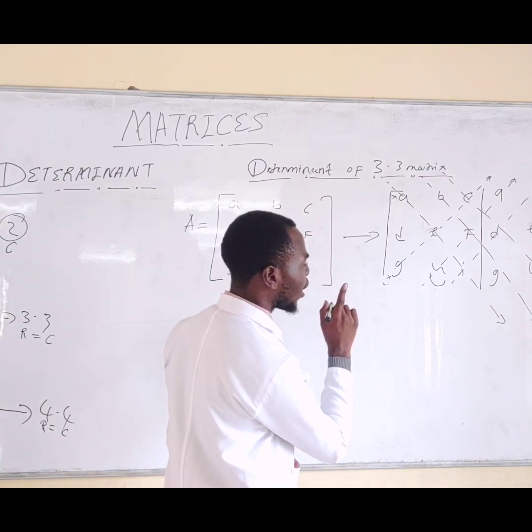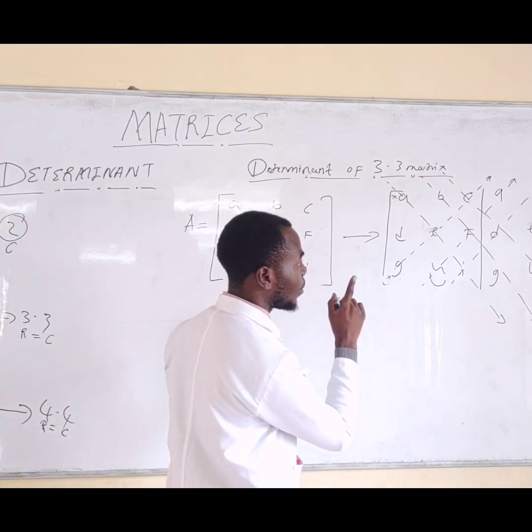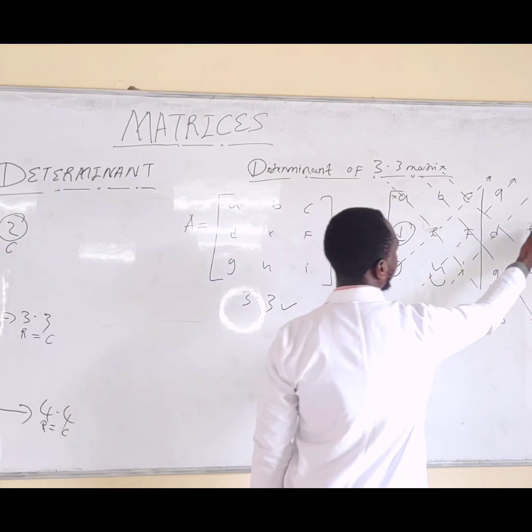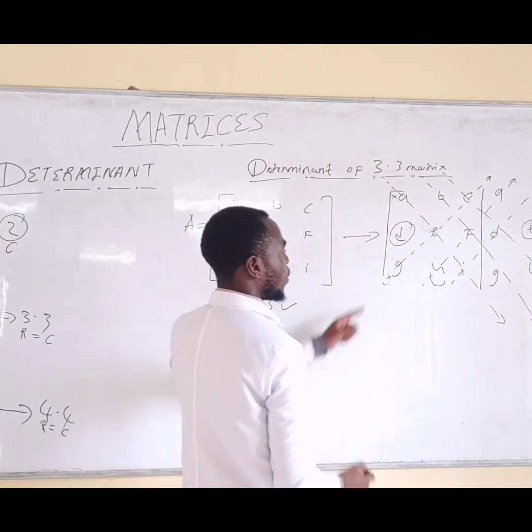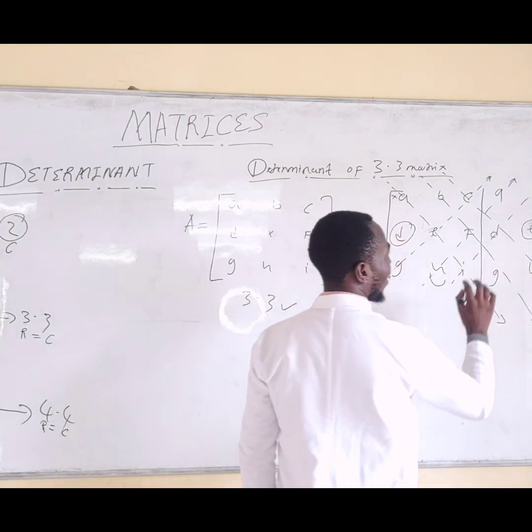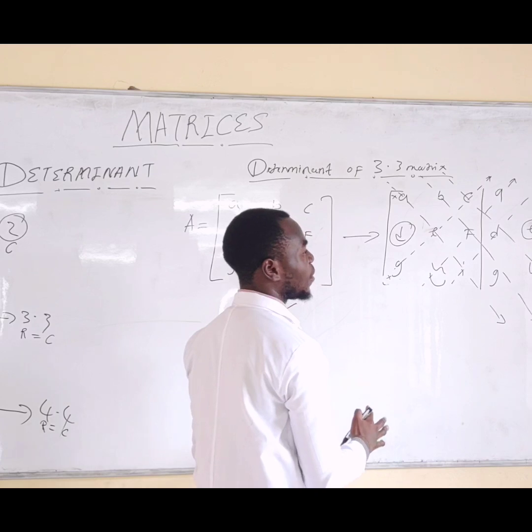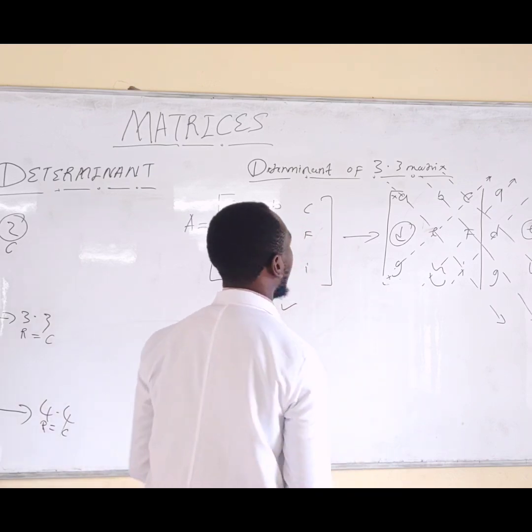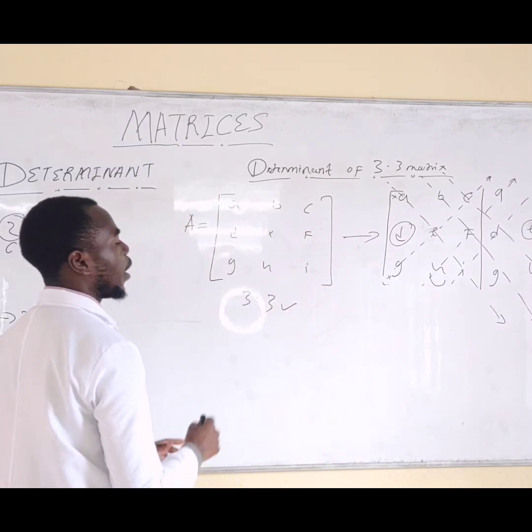There are two elements that are not included in masking up. This is your mask. So this is what we call the mask formula to find the determinant of a 3x3